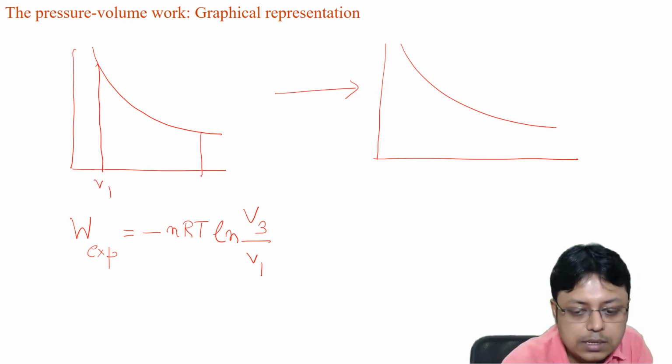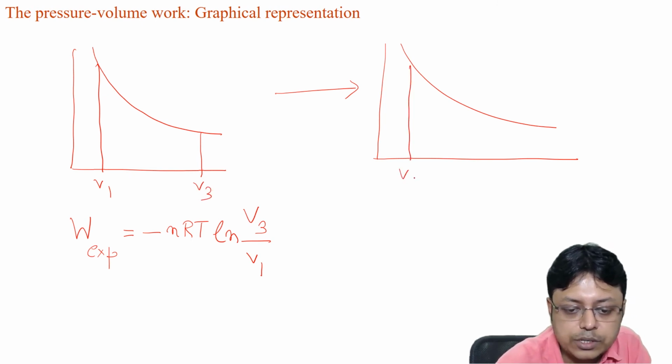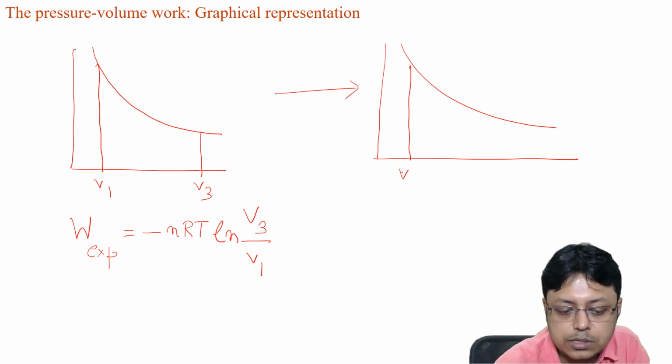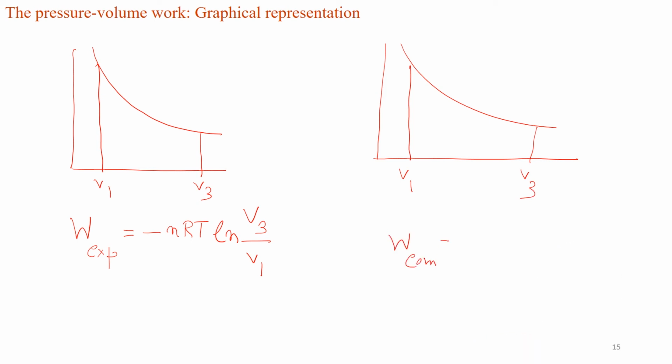So this is the work done by the system because this is expansion. And when we do the compression, we do exactly the opposite thing, but the work done will be minus nRT ln V1 by V3. Now note that in the expansion case, we drew it like this, so the area is slightly less than the compression case, because in the compression case we have to increase the pressure a little bit